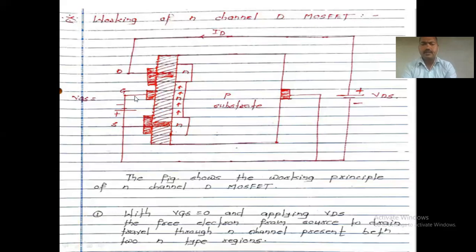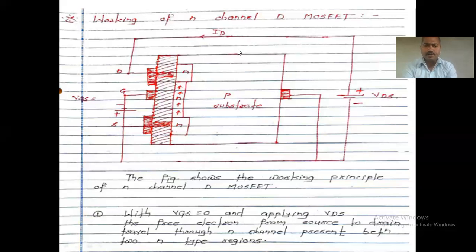It indicates that due to VGS equal to 0, there should be the smallest depletion layer formed between them. A small depletion layer indicates that the size of the channel is larger. Why? Because when we apply a low or 0 gate to source voltage, there should not be formation of a large reverse bias voltage across your depletion region, but a small reverse voltage is coming across it.